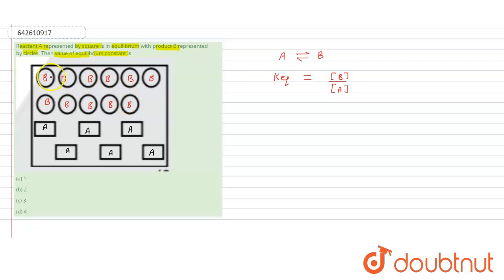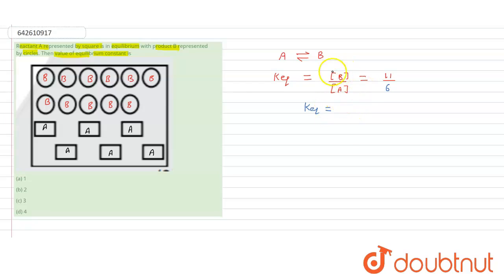You can count 1, 2, 3, 4, 5, 6, 7, 8, 9, 10, 11. So the value of B comes out to be 11. And the value of A, counting 1, 2, 3, 4, 5, 6, comes out to be 6. So that means the value of K equilibrium becomes